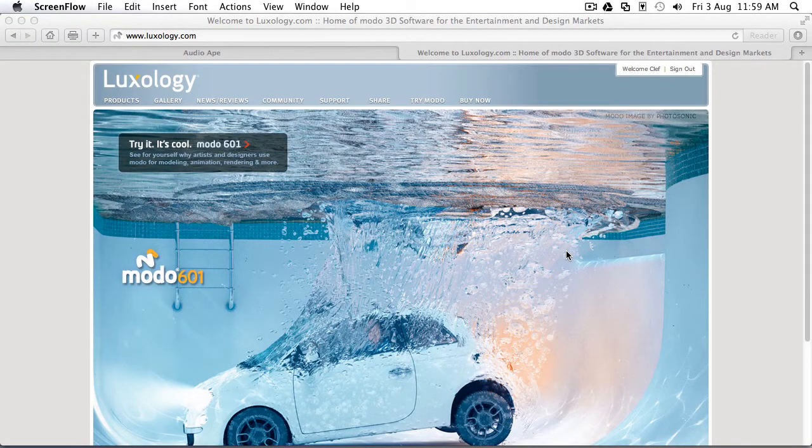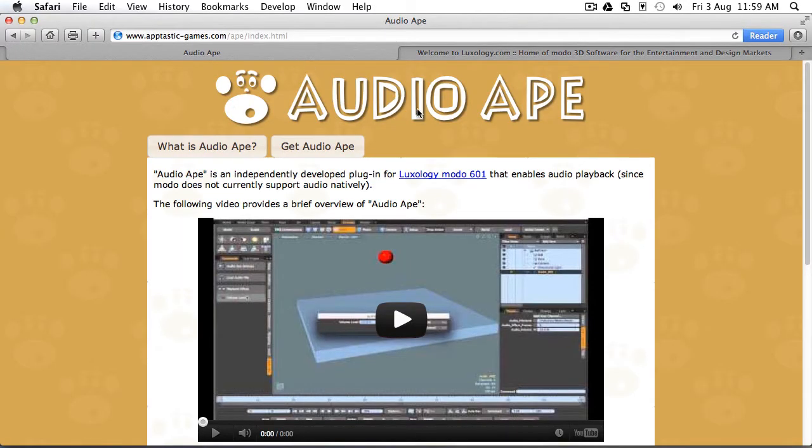Modo 601 by Luxology is a landmark release for this fantastic 3D package. But one feature that didn't make it into 601 is native support for audio. So we wrote a plugin that enables audio within 601 called Audio Ape. Hi, I'm Dave, and in this video I'm going to show you how to install and work with the Audio